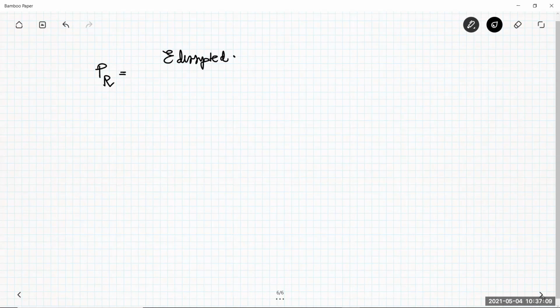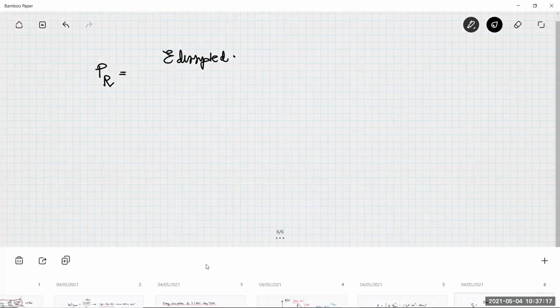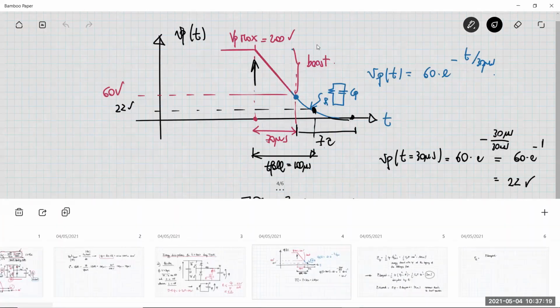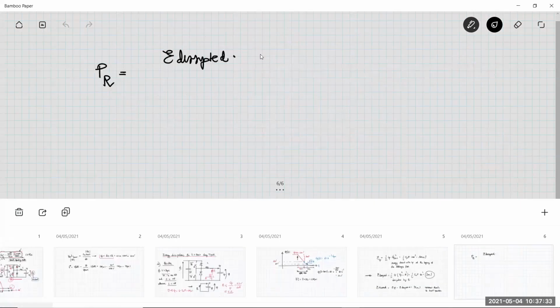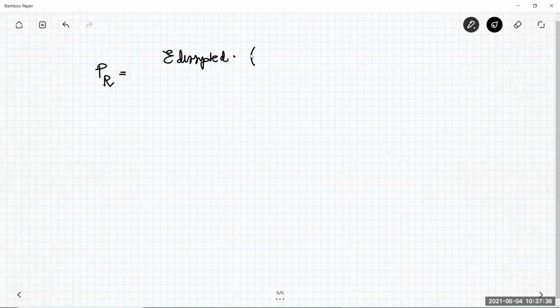So this energy that I computed here is dissipated for just one pulse, because this waveform here is the waveform for just one Vp pulse. Remember that we have 10 of these pulses during T cycle. So we have to multiply this energy by the number of Ti pulses, where Ti is the duration of these pulses,